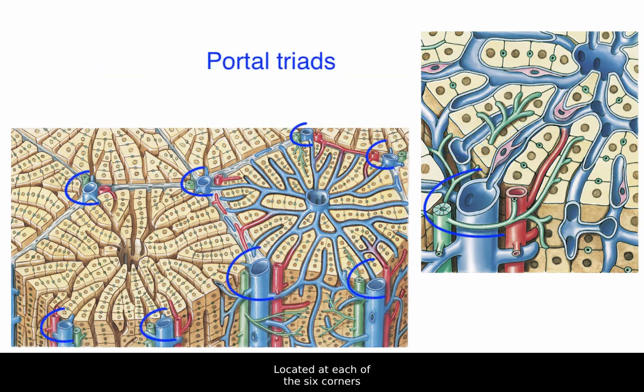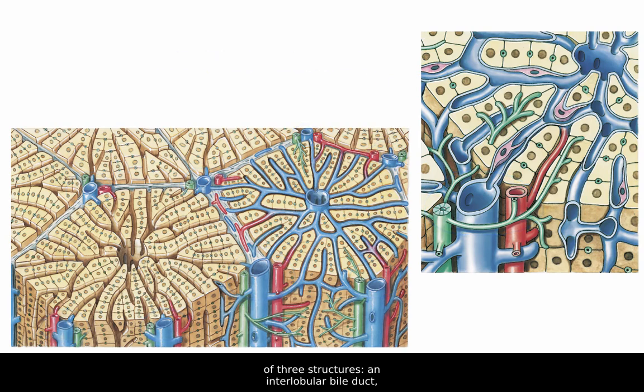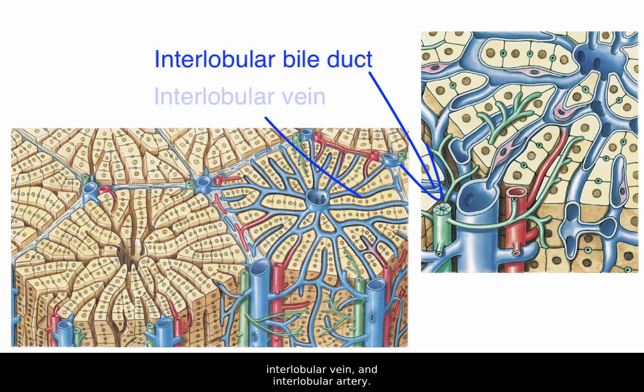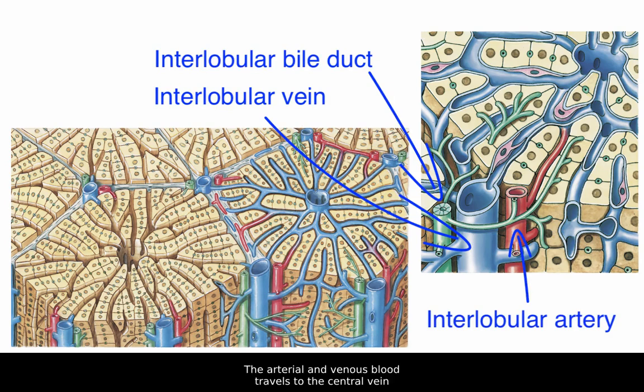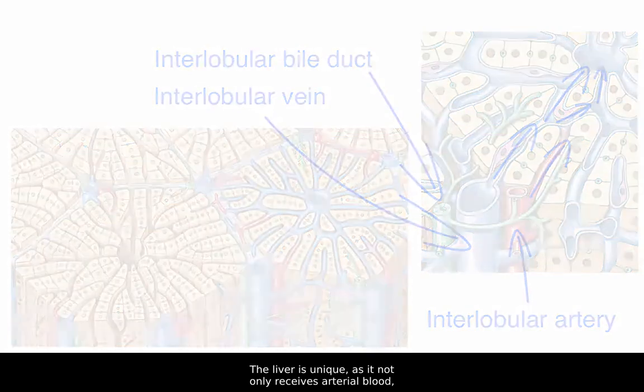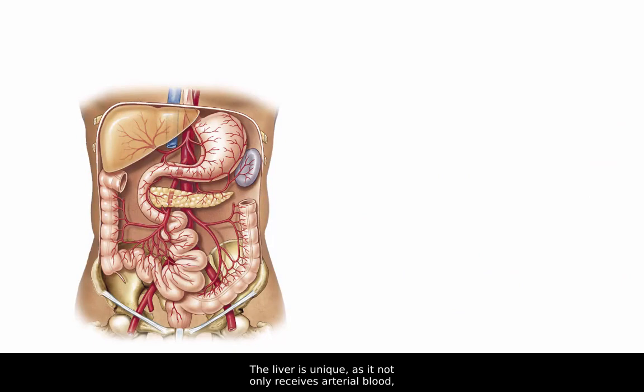Located at each of the six corners of a liver lobule is a portal triad consisting of three structures: an interlobular bile duct, interlobular vein, and interlobular artery. The arterial and venous blood travels to the central vein and then to hepatic veins that empty into the inferior vena cava. The liver is unique, as it not only receives arterial blood, as all organs do, but also receives